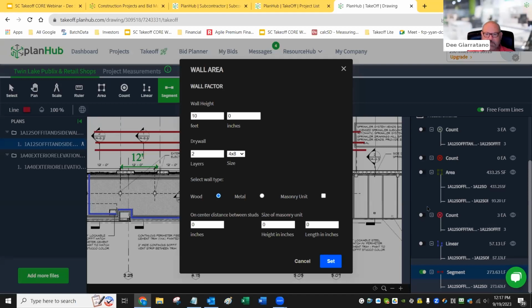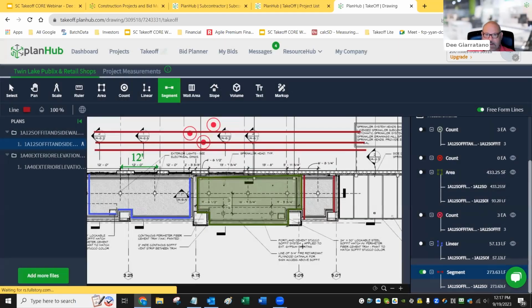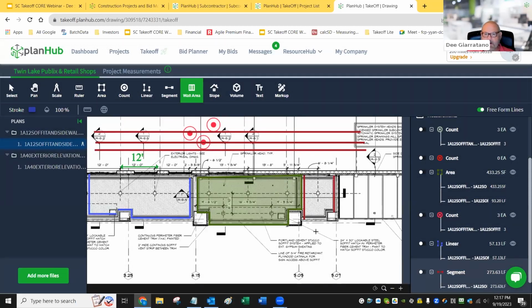And I've got to move some of my Zoom stuff out of the way. And I want to set it. Now, with this wall, I'm measuring a wall. I've already told it that it's 10 feet. So as I go along a wall, perhaps I'm going along this one right here, and I'm going to go out to here and click. And now when I go to the measurement, down here,